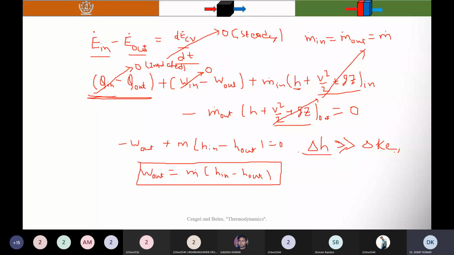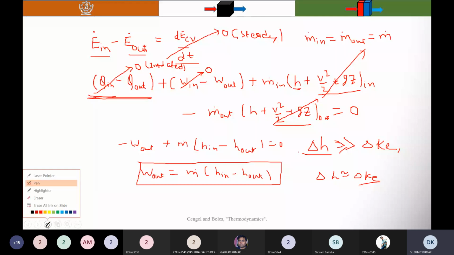What is the value? Is V2 higher or not? Suppose, for example, that delta H is approximately equal to the change in kinetic energy, then you can't neglect it in this case. You should consider these values because they affect your results. So depending on the magnitude of the terms, you should decide whether a term is neglected or not.